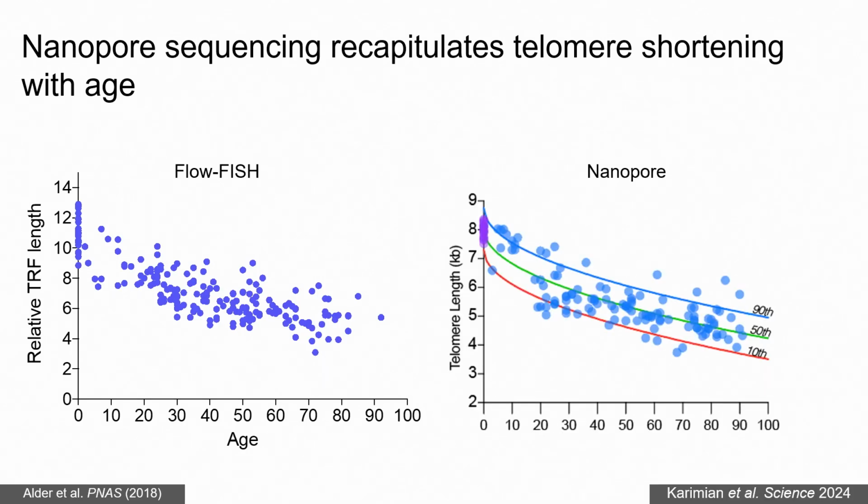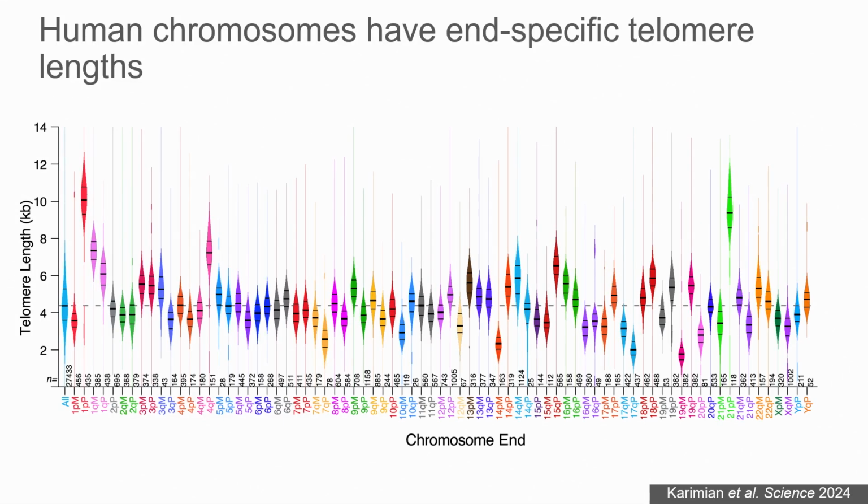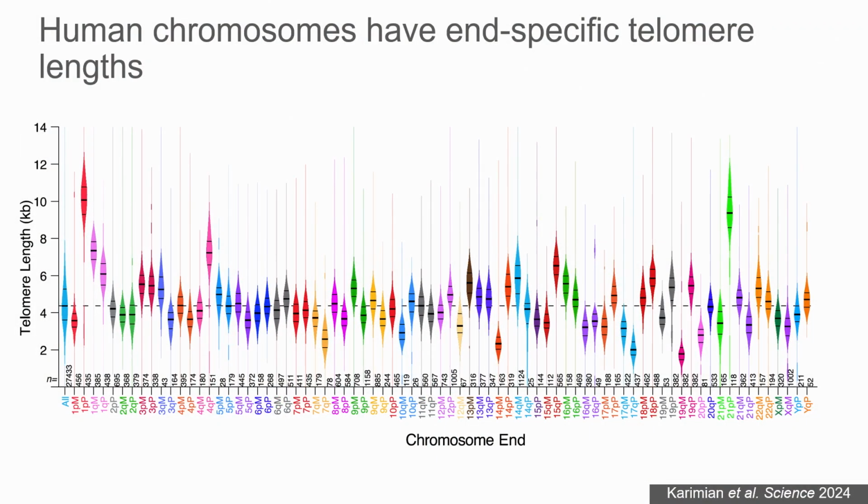And when we did a very similar kind of experiment, but with nanopore sequencing, we got a very similar curve of the telomere shortening that occurs with age. These are the individuals that are cord blood, so there is a difference that you are born with different telomeres, and then the telomeres shorten with age. And yes, we found chromosome end-specific telomere lengths in humans, but on steroids, even more so than in the yeast that we had looked at. So what's shown here is in blue, all of the telomeres in the cell, and the average is 4.5